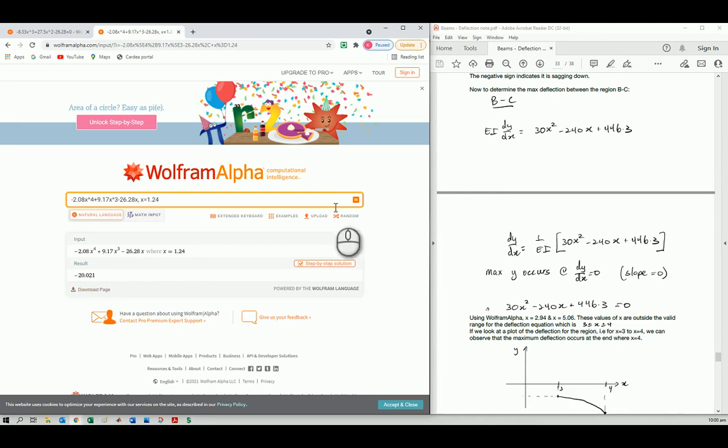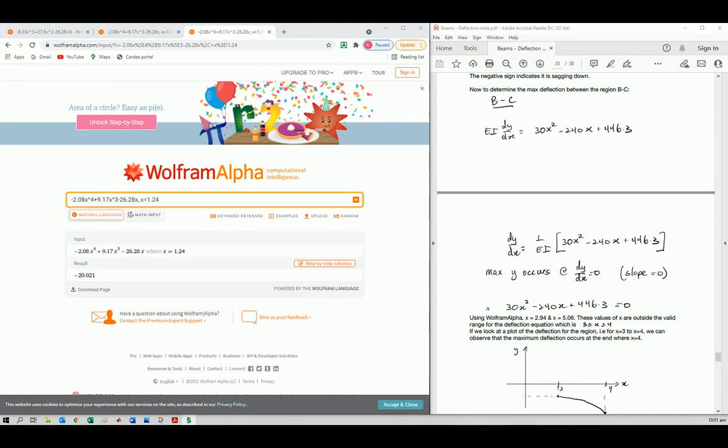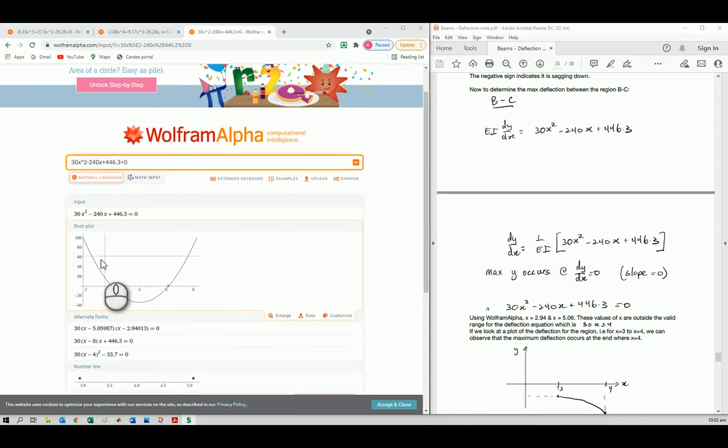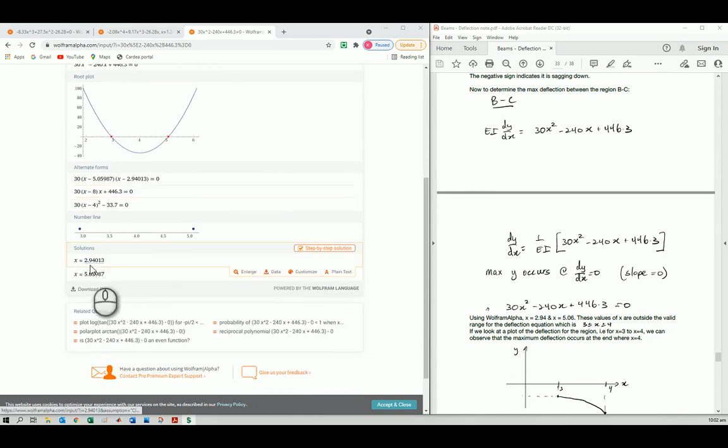Right, so we go through the same procedure as we did just now. We could open a new window, and enter that equation in here. So we have entered the equation for the slope, made it equal to 0 because we want to find the maximum or minimum point. Press enter, and this is what we get. So the interpretation was correct, the input is correct here. So you can see the solutions or the roots are x is equal to 2.9 and x is equal to